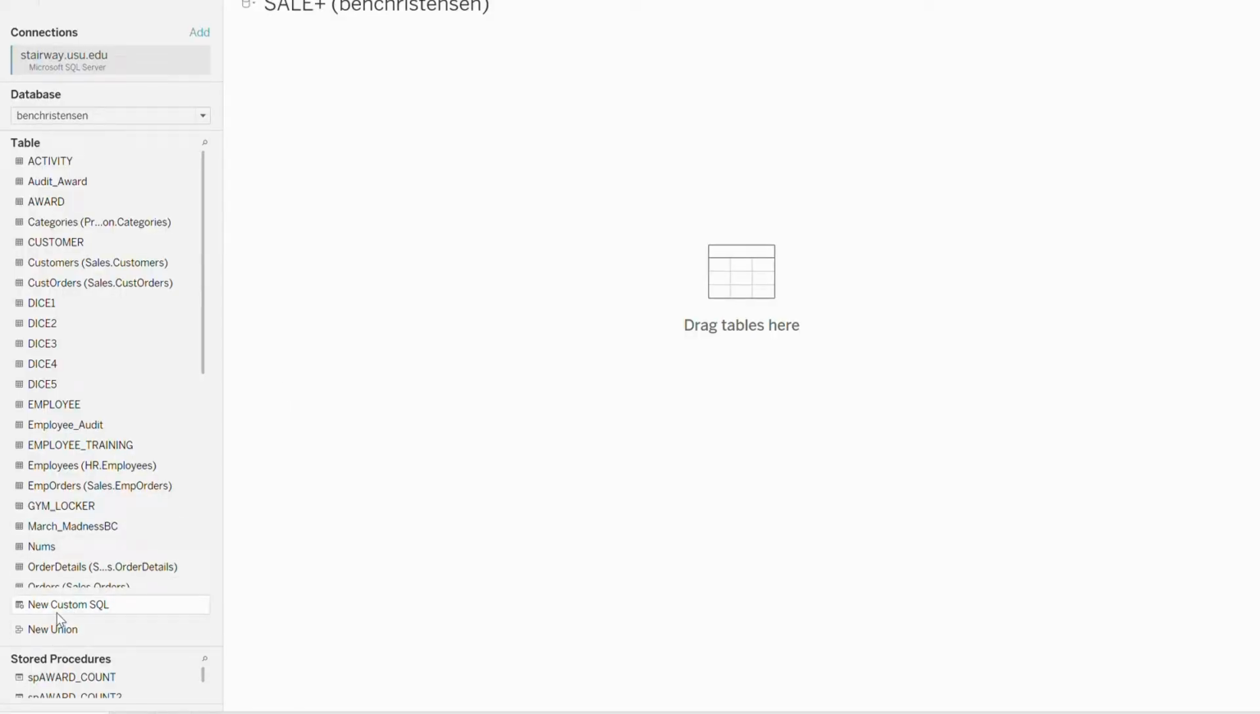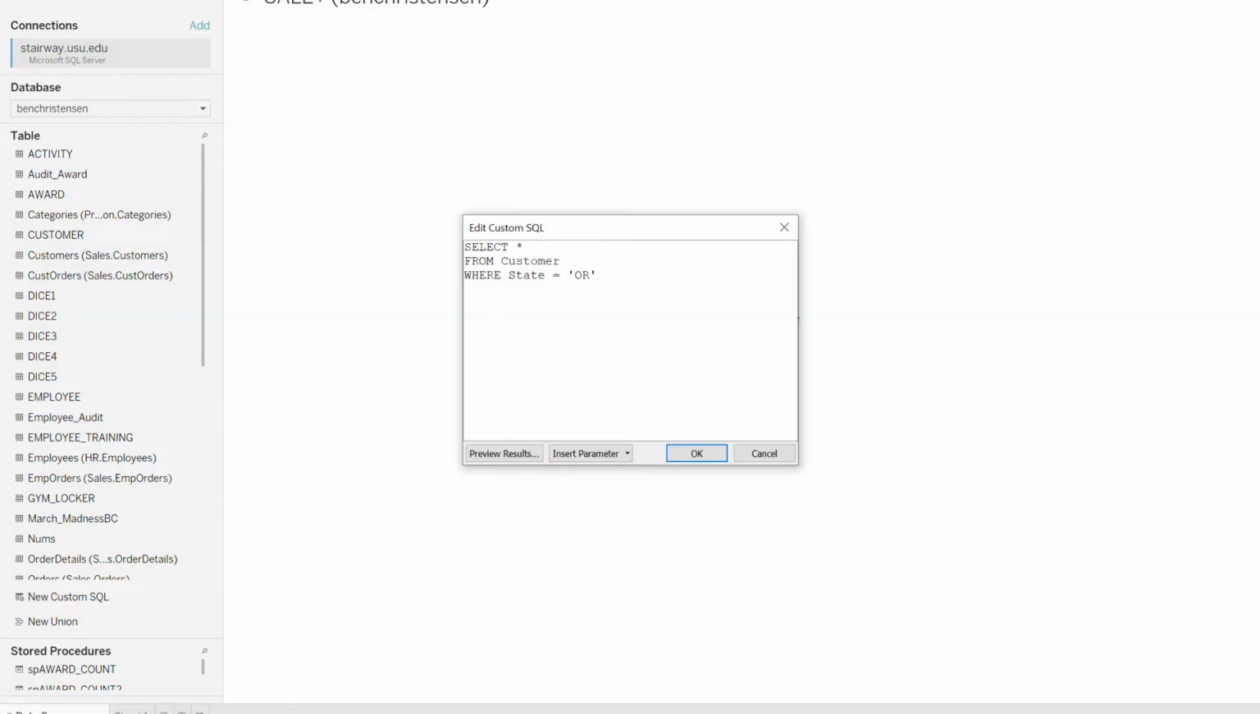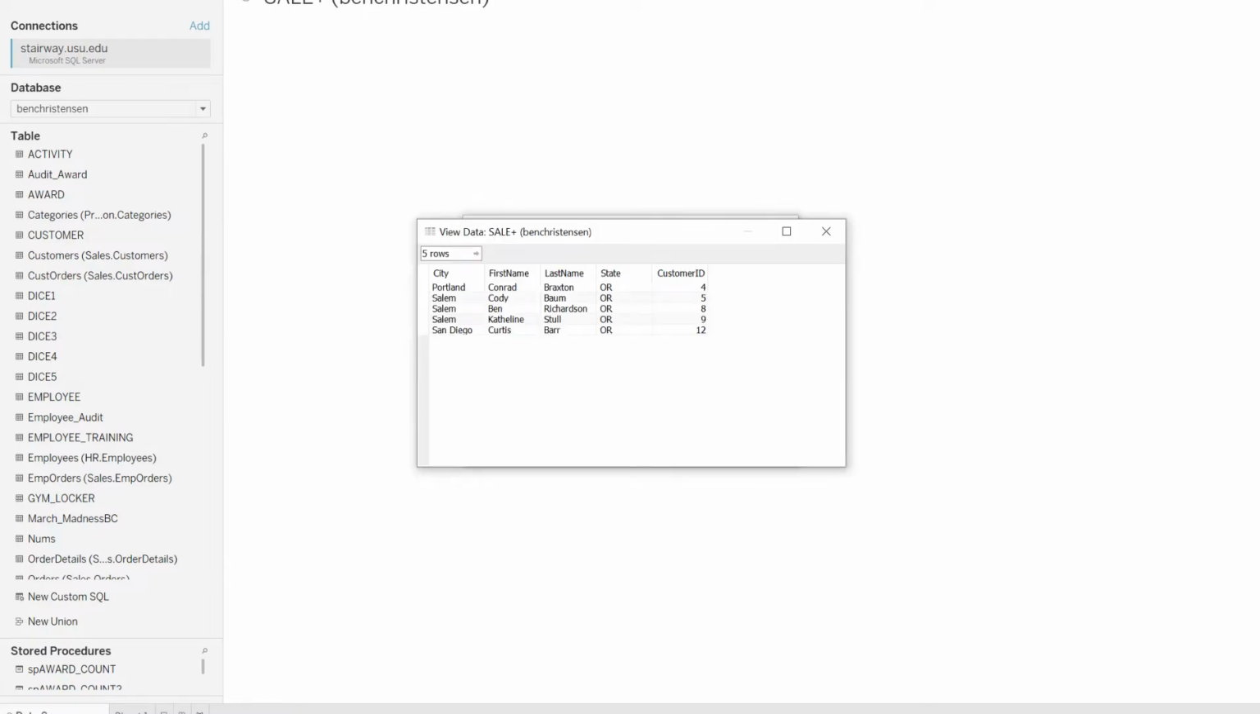Alrighty, so next we're going to look at how to actually do a custom SQL query within Tableau. So first you click on the custom SQL box there on the left, and then it will show a box in which you can enter in an SQL query. For example, here, select star from customer where state equals Oregon, just as one example that will filter out your data. And you can click on preview results down there on the left, and it will actually show the results of your query within SQL